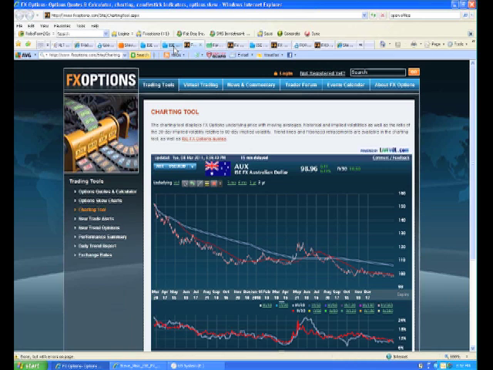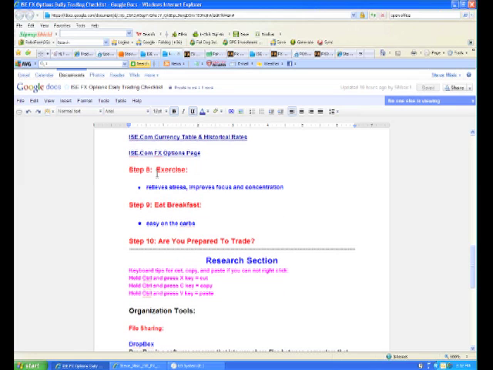So once I've picked a strategy, once I've gone through all my ideas that I'm going to look at, I have some links to the ISE FX options page here, and I also have a link to the ISE currency table page, and I also have the quotes and calculator page, which will give you more charts, plus it'll help you actually calculate your option positions ahead of time. Now you move down to eat breakfast, exercise, and for me it's exercise first, eat breakfast second, or I fall asleep.